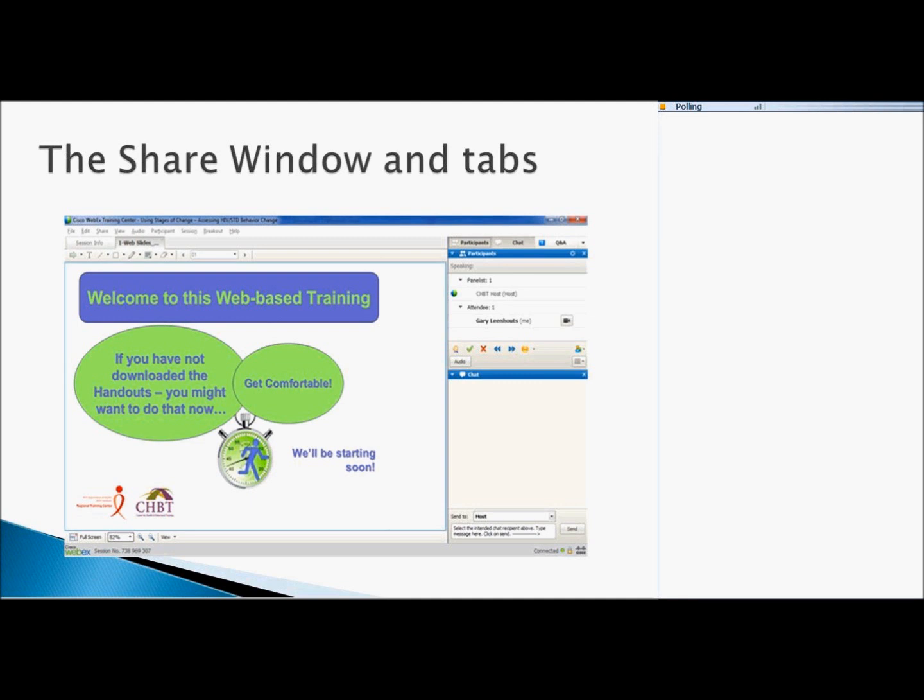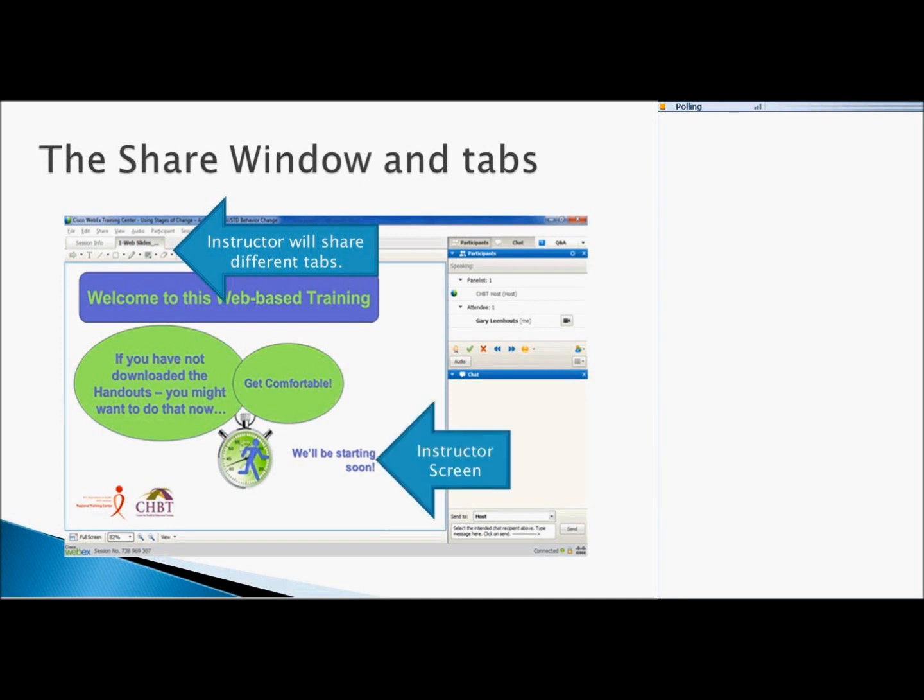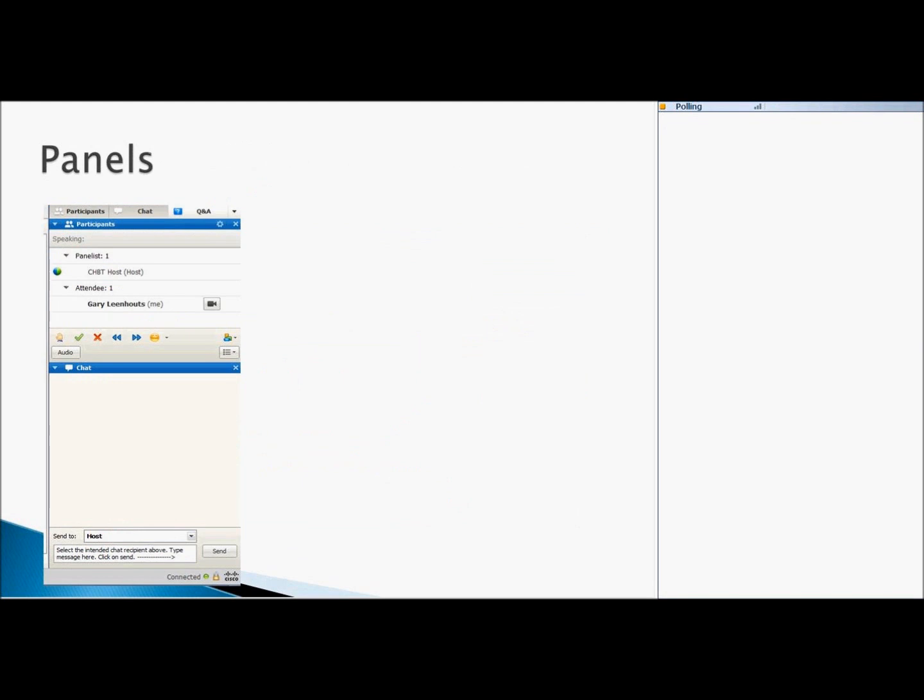Now, during the conference, the white window on the left of your screen is where the instructor is going to be sharing the content of the class, and you will notice that there are tabs for each of the items that the instructor will be sharing with you. And on the right-hand side are the panels, and this is the place where I'd like everyone to pay particularly close attention, because we want you to be able to use these properly. First of all,